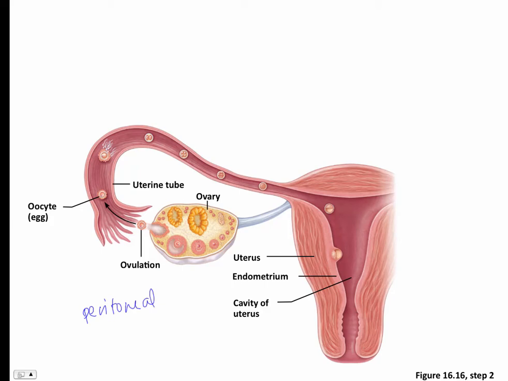Meaning that here you see the ovary, and here's that secondary oocyte that's been ovulated. More often than not, this secondary oocyte will enter here into our fallopian tube. That's because we have cilia lining this fallopian tube that create wave-like motions of the fluid within it to pull that secondary oocyte towards the tube. However, sometimes the secondary oocyte may not enter this fallopian tube, in which case it can land